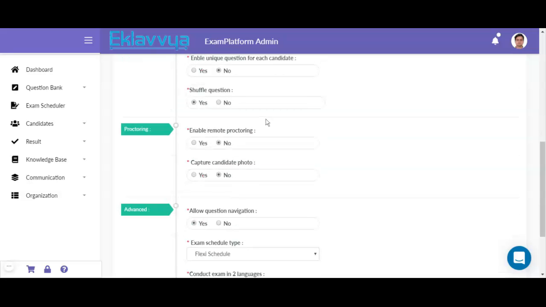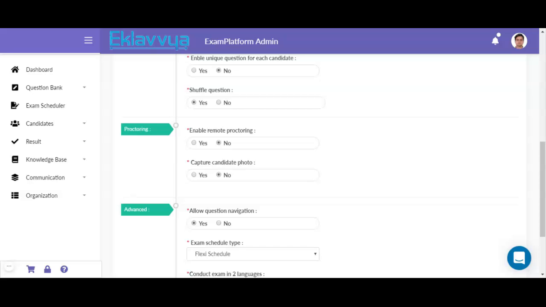Next key setting associated with online exam is remote proctoring. Remote proctoring is a technology to authenticate remote candidates who are appearing for the online exam using the web camera attached to the system. Using the web camera, the system can easily do the streaming activity that gets saved within the system, and you can easily verify if the online exam is happening in an authenticated environment or not.